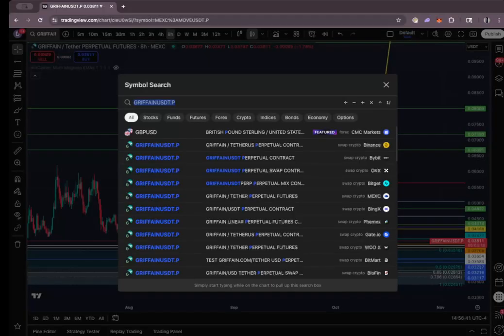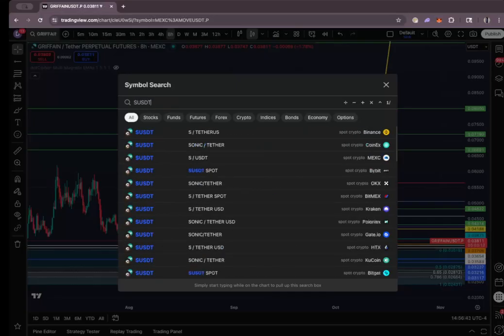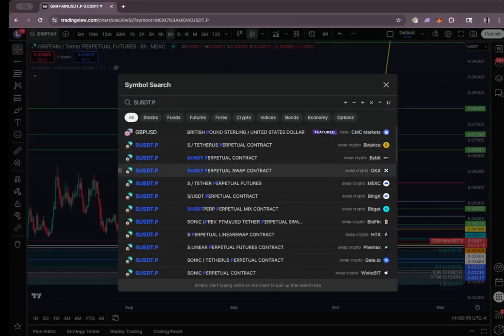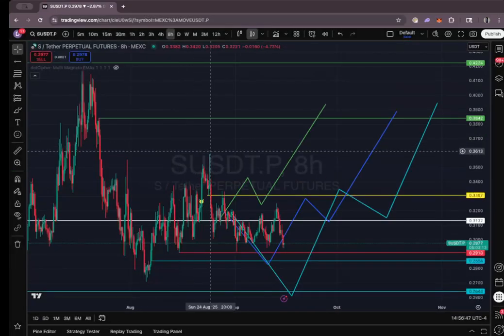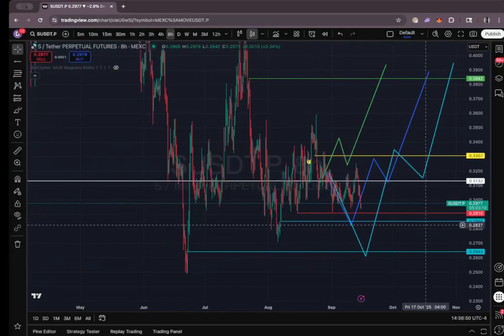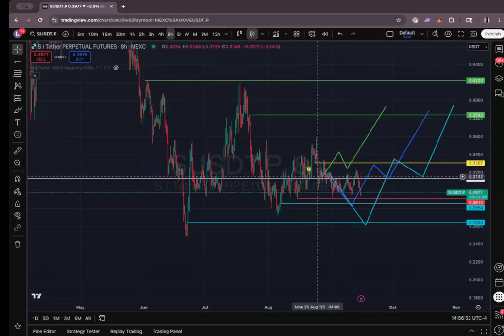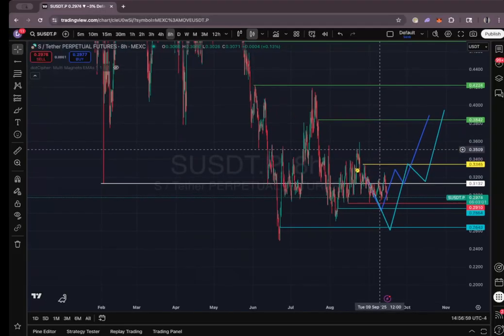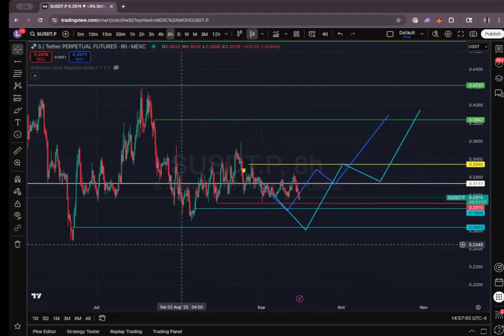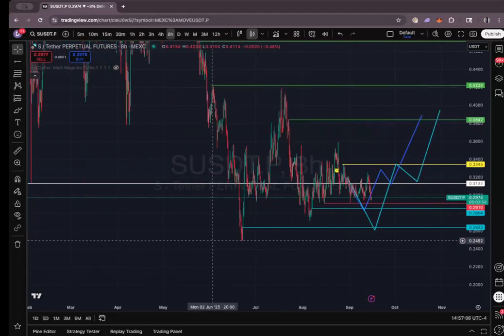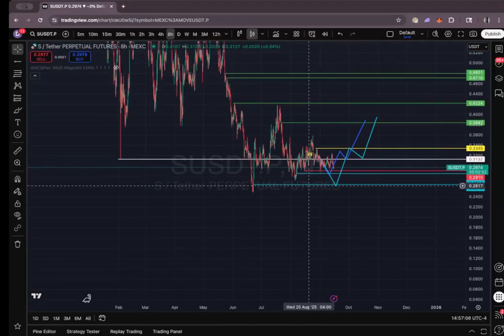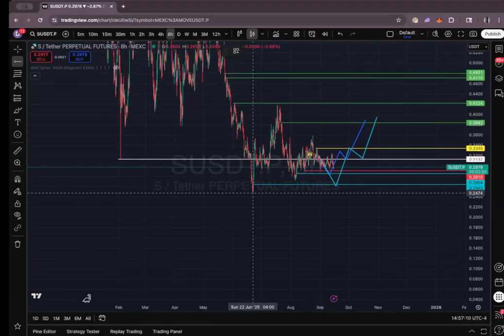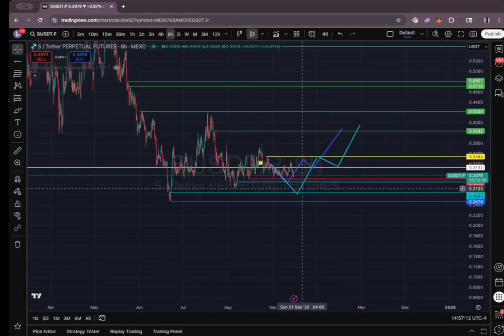Let's do S, and I'll see what I can also get through here. S is pretty balanced here. I think I drew this up in early August as well. I want to see this break now. We're slightly too early. This is not quite an SMR low yet. So we could drop a little bit here.